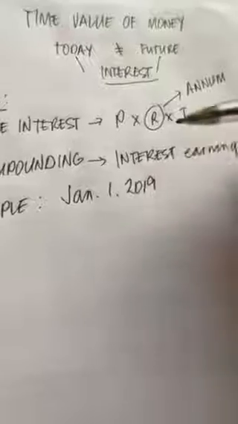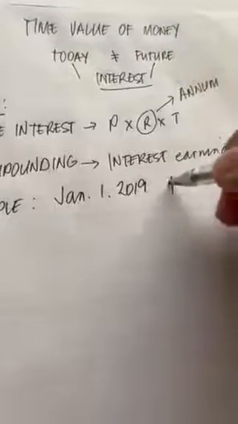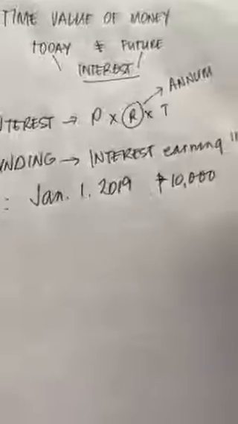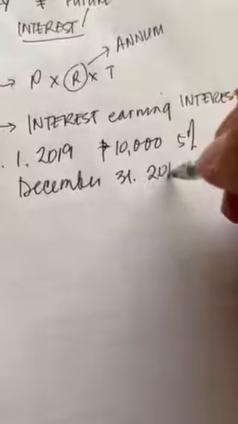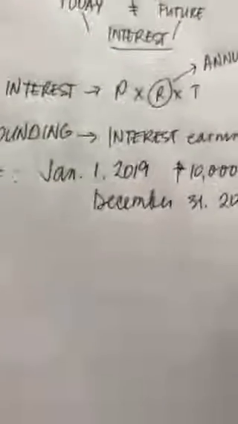Assuming that on January 1, 2019, you invested 10,000 pesos that earns about 5% interest for 1 year. Now, assuming that you'd like to know what is the value of your investment on December 31, 2019. So clearly we have a 1 year time frame. This is 1 year. So therefore, using the simple interest method,